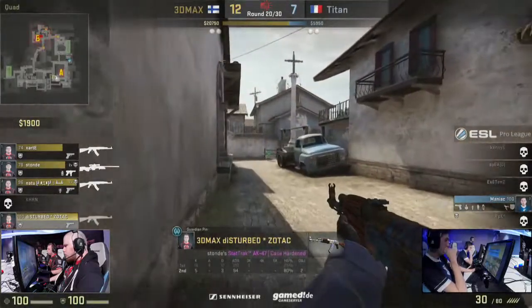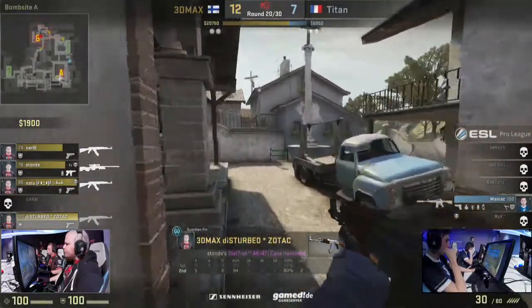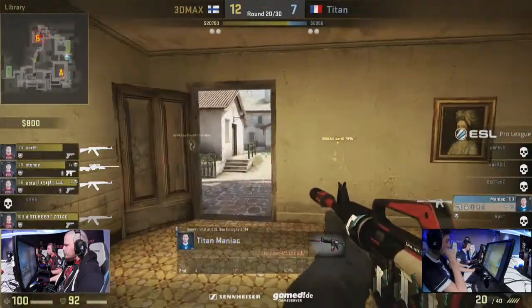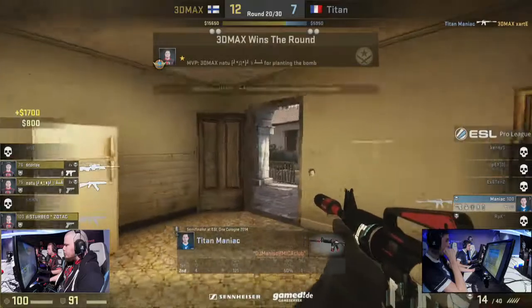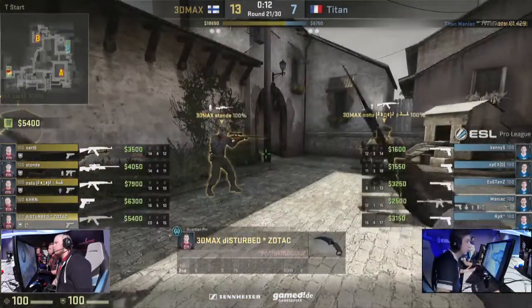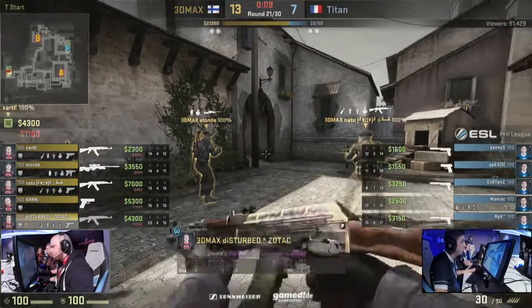Unbelievable positioning from that man there on that side. Just playing it ever so perfectly, every single angle, holding it so well. So Maniac is trying to keep hold of this gun, but he's being swarmed on all fronts. He will at least deny Zart the chance to take him down. And I believe he will live to fight another day, but 13-7, 3D Max really starting to build into this,